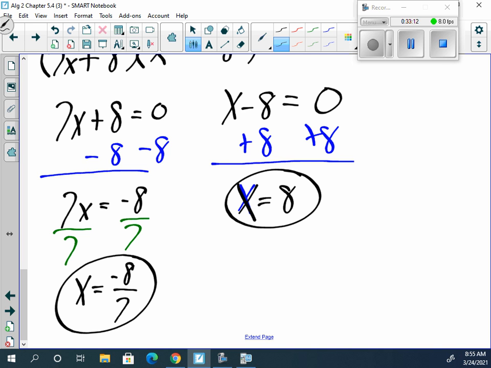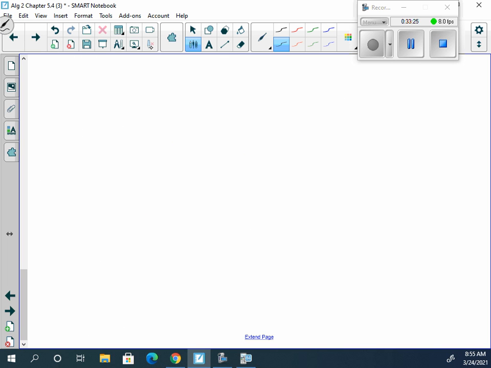Now looking back at this here, negative 8 sevenths isn't going to work, partly for two reasons. Because if we look back at the original problem, 2 times negative 8 sevenths is still going to be a negative number. We can't have it inside of a square root. So that one's not going to work. 8 will work for this here,